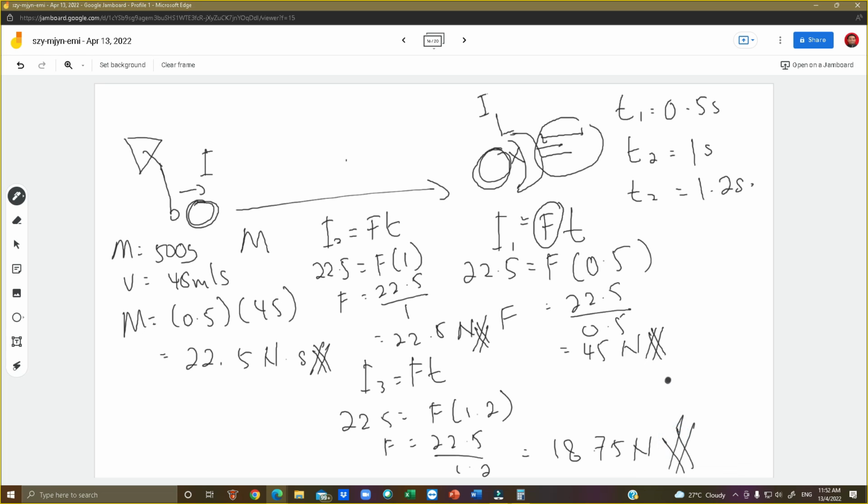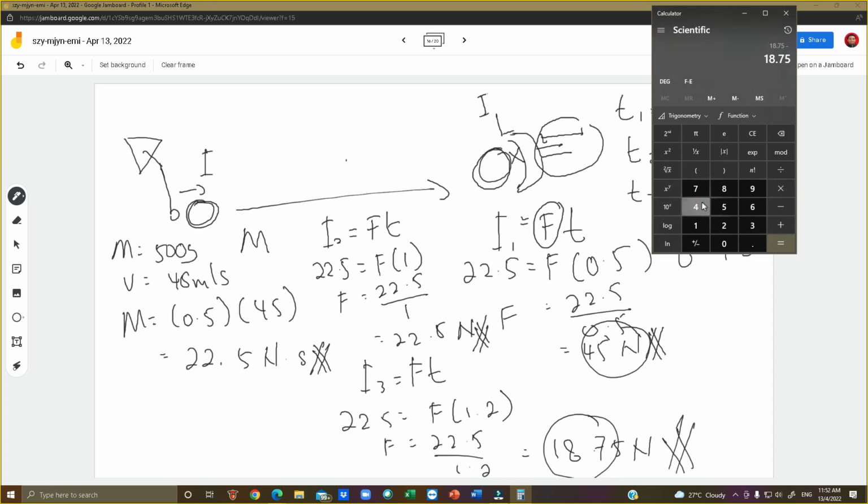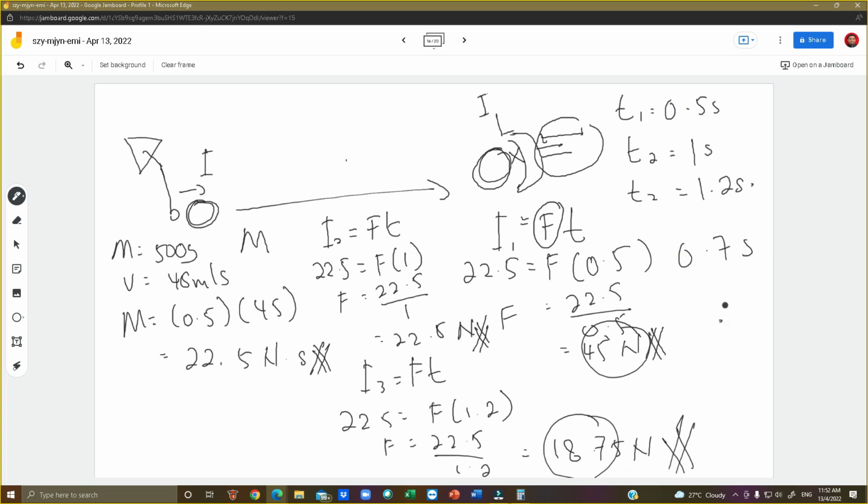Some of it, a technical example. So we see here from 0.5 to 1.2, the increment is just 0.7 second. It turns the net force from 45 to 18.75. Is that a lot? 45 minus 18.75, how much is the decrease? We have 26.25 Newton less than the first technique. This is how we use biomechanics for engineering. This is in just one concept, the impulse momentum concept.